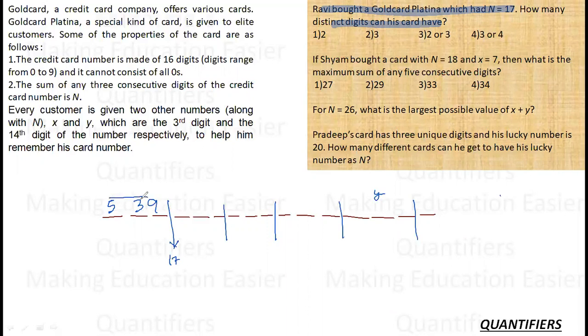So 5, 3, 9. These are the 3 distinct digits. And then 5, 3, 9, and this will be 5, this will be 3, and this will be 9, like we discussed. So there are 3 distinct digits here. There cannot be more than 3 distinct digits because after this, repetition will definitely come. Can I keep any of them the same? Can I make any of them same?